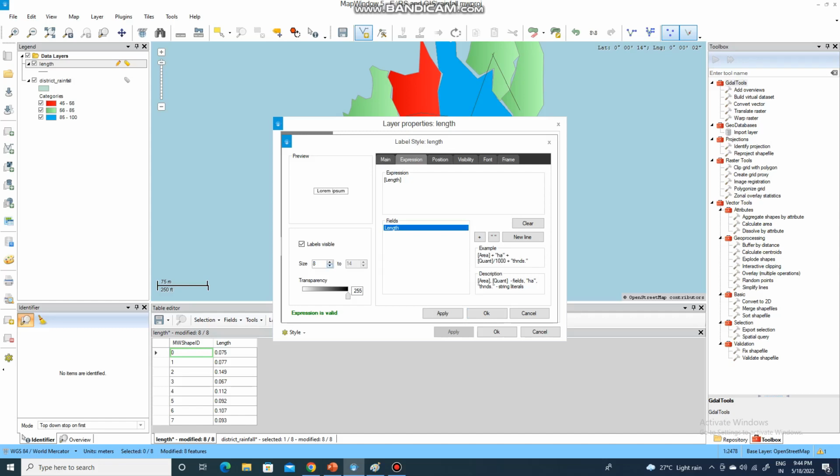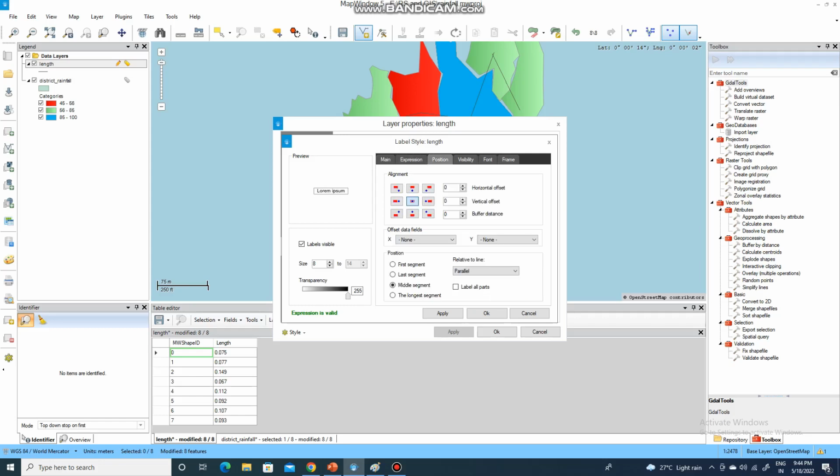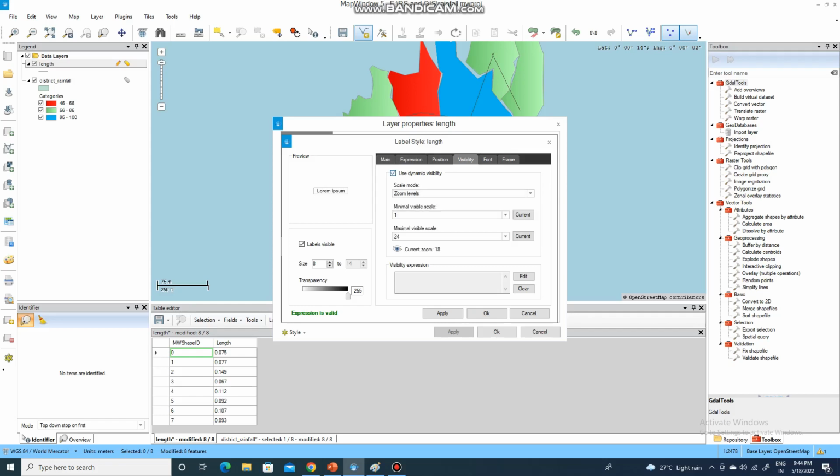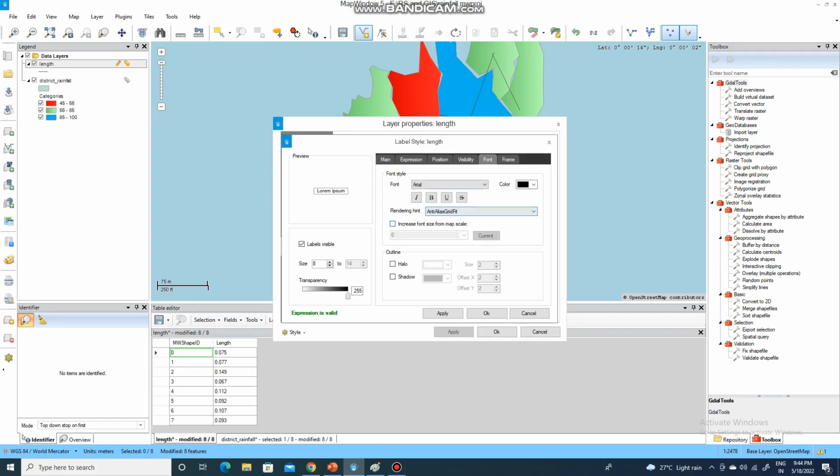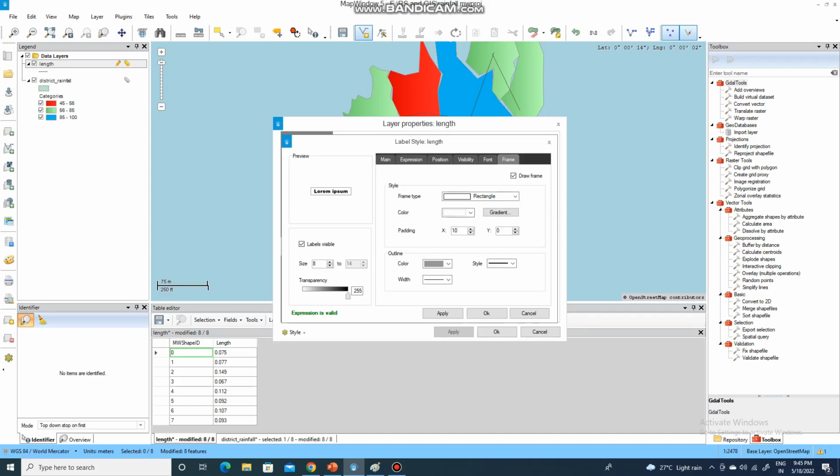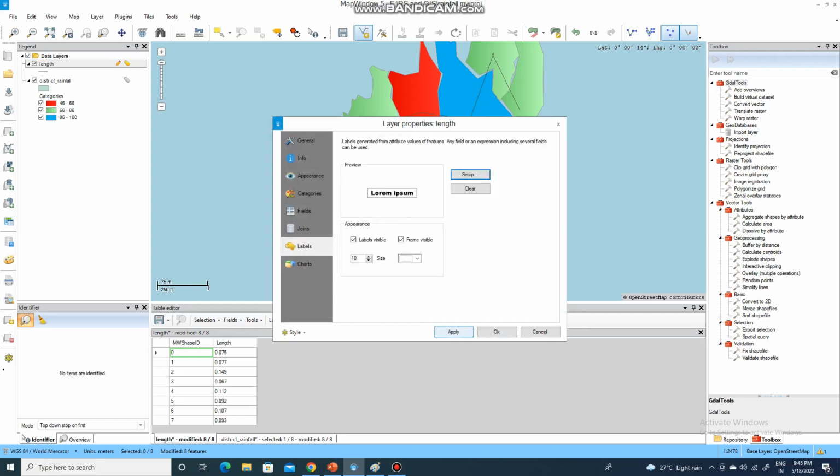So let us make it some, this side transparency is there. Position is there, visibility. Click on dynamic visibility. You change with the zoom level. Font, any font you can use, Arial Black. And frame, the style, window frame is there. Size can be changed from here. And then click apply. Then click OK, and then again apply, and then click